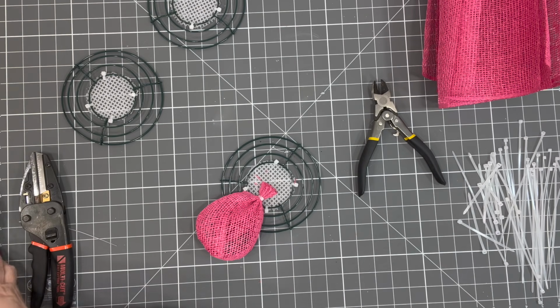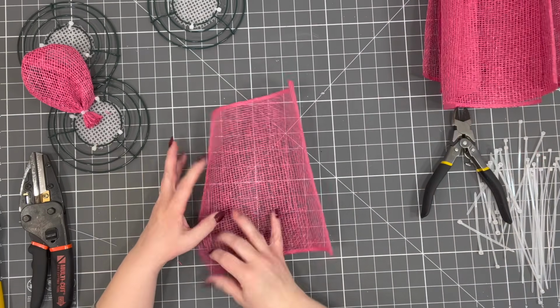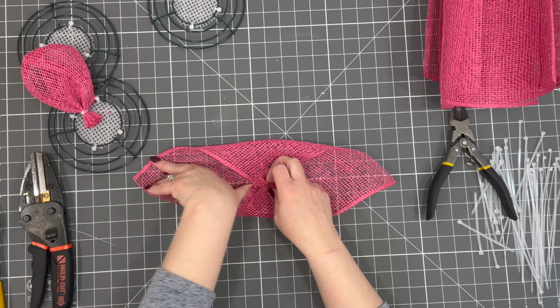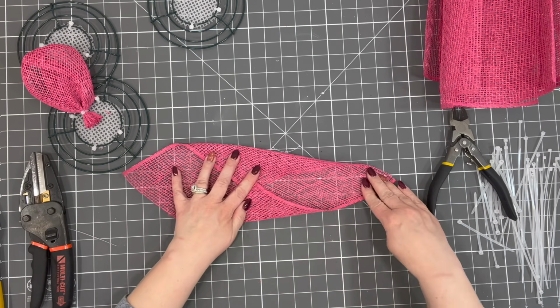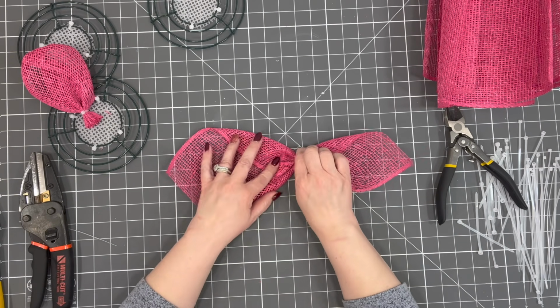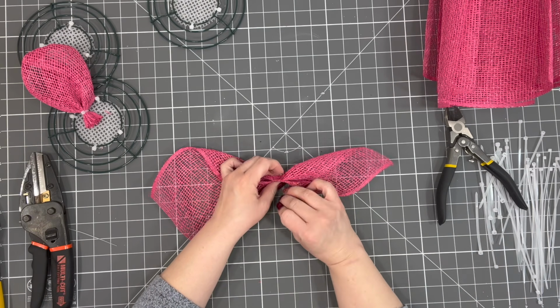Now, you could also use the scissors. If your scissors are good enough for that, then use the scissors. So let's make another one. Again, I'm going to pull it apart here a little bit and then come at the middle. And then I'm going to be at the 7-inch mark. I'm going to gather it, take a small zip tie,